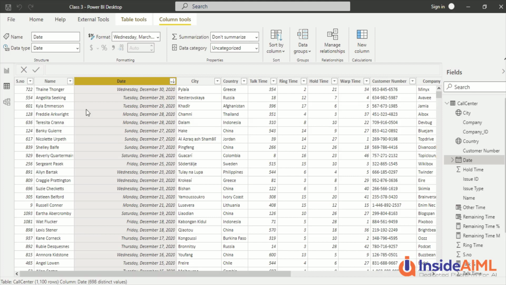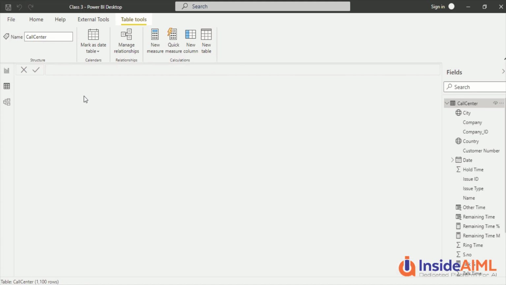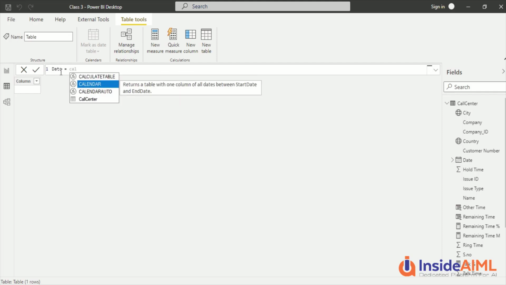Now what I'm going to do here is I click on the table name and it's going to show me the table tools, and I'm going to have an option for new table, and there is a command to create a calendar. So CALENDAR is the function for that. So I'm going to call it date table, calendar, and there's a date function.